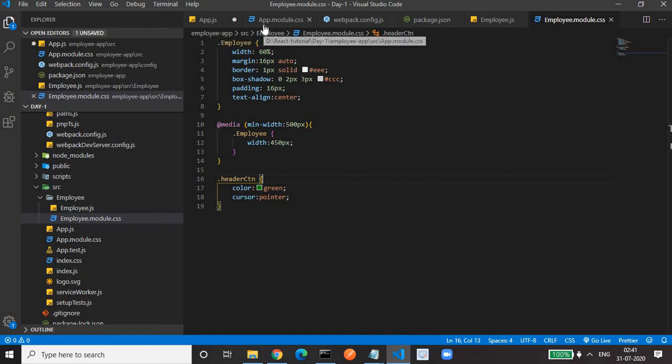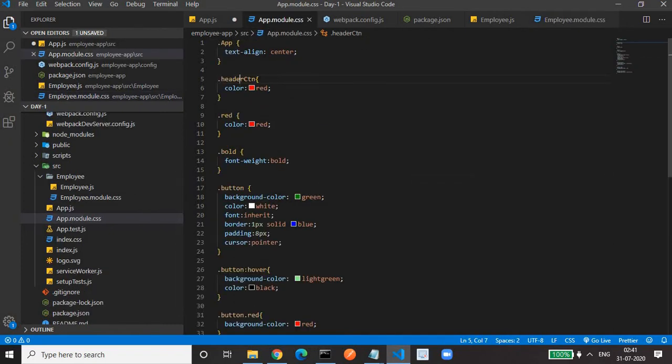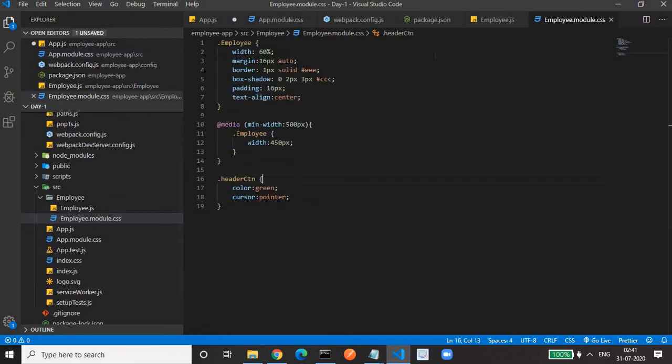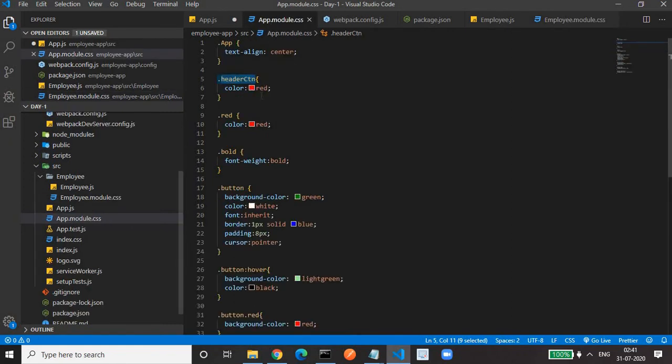Even though I am using the same class here and here, I want the green color to be implemented for the employee component, and the red color to be implemented for the app component. This will not get overridden. How can we prevent that?